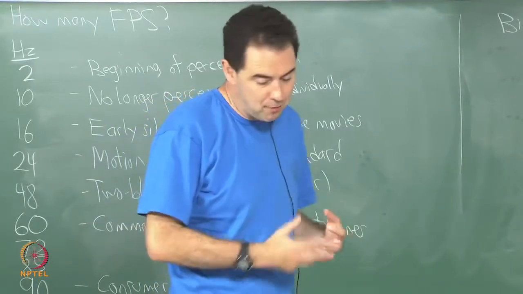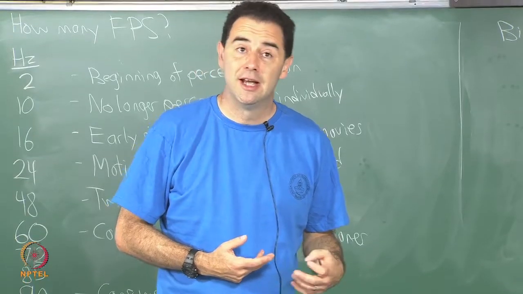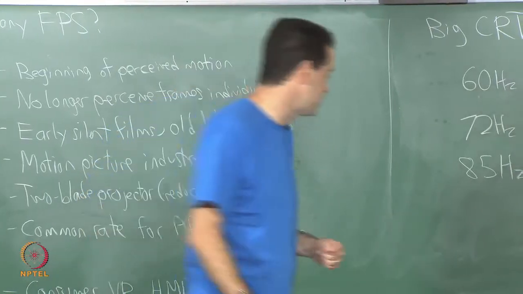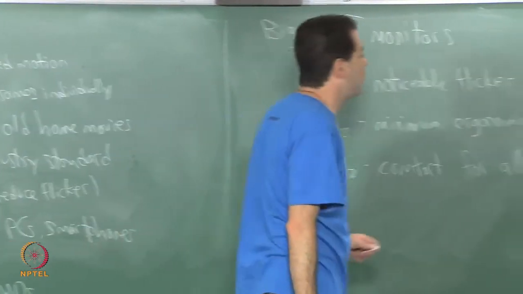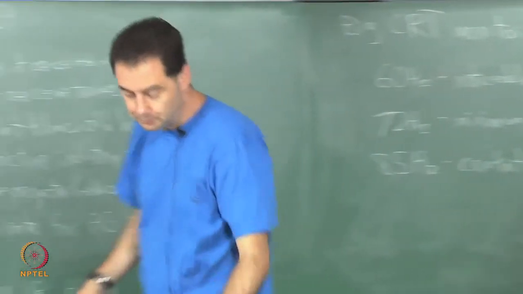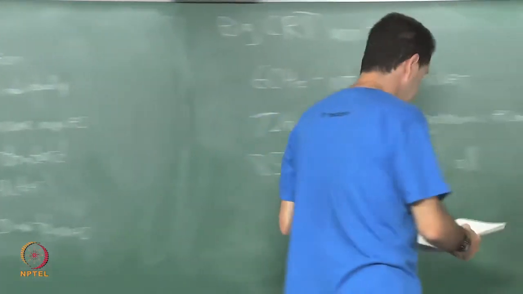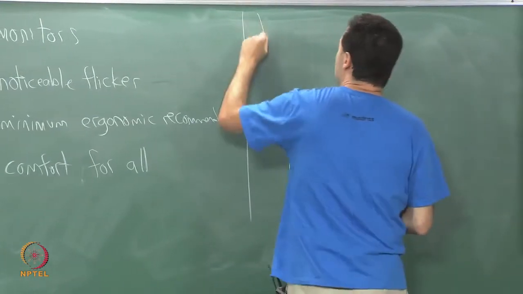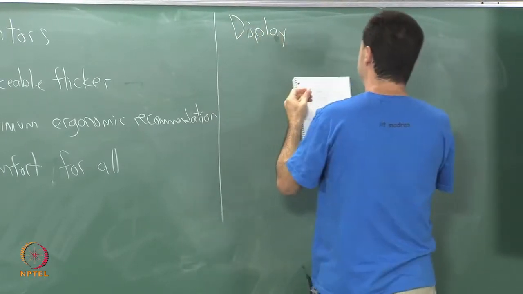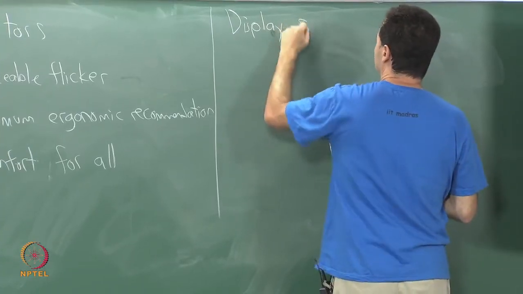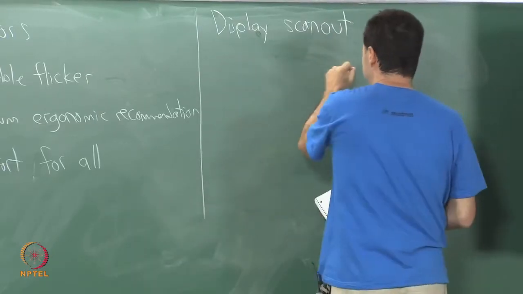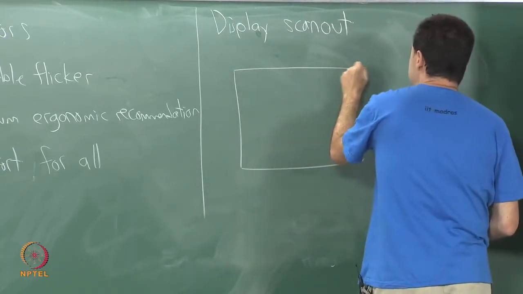So I want to talk a little bit more about problems with displays and our perceptions of motion and stationarity, which is the absence of motion. We talked about how the brain perceives motion earlier before this topic in the last lecture. So one of the problems we have with displays is display scan out, which is that the image that's produced